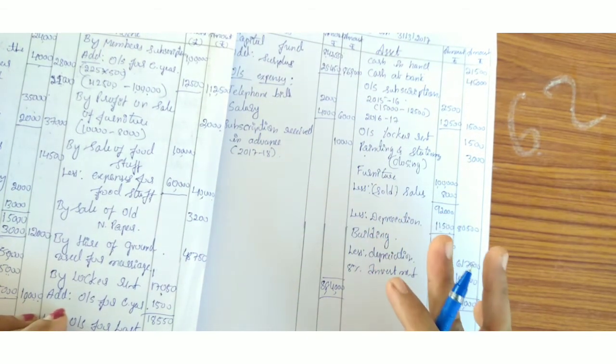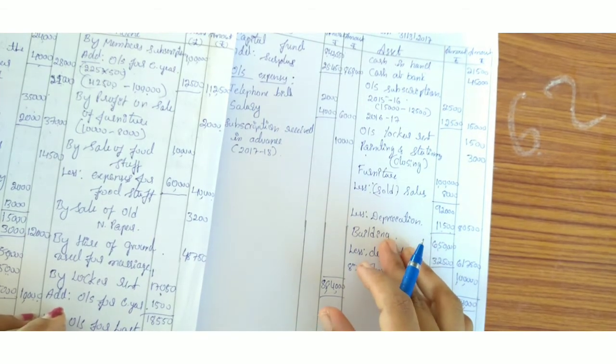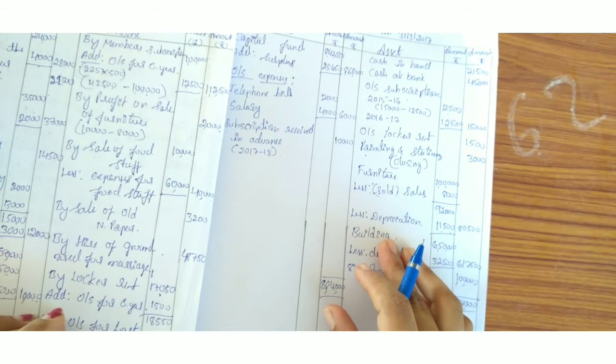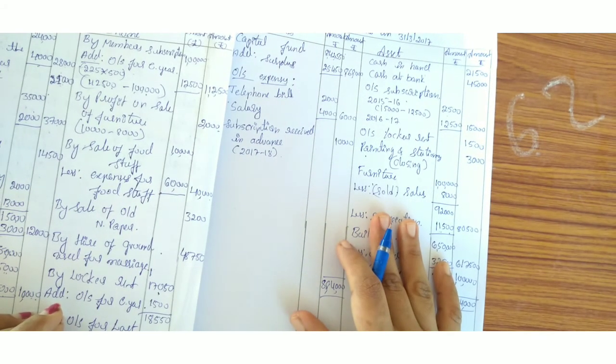First of all, you need to read the question, understand, plan. After that, prepare the accounts. As you know, here in this question, we don't have the opening balance or opening capital fund. That's why we prepared opening balance sheet also. If capital fund is given directly, there is no need to prepare the opening balance sheet. Okay, this is the end of this problem.